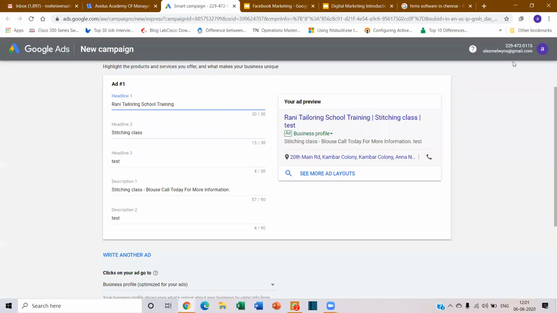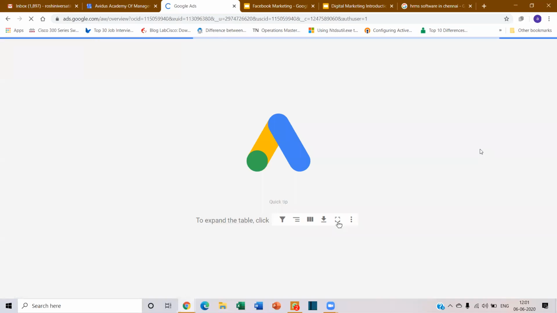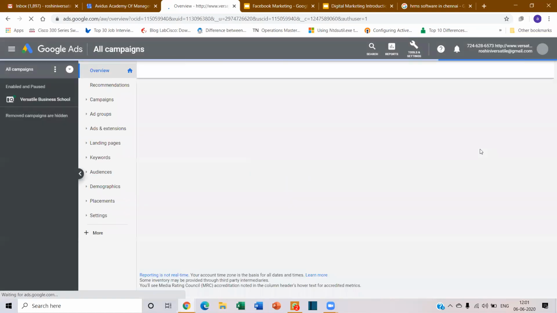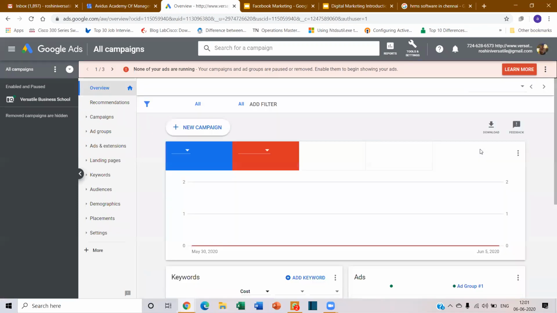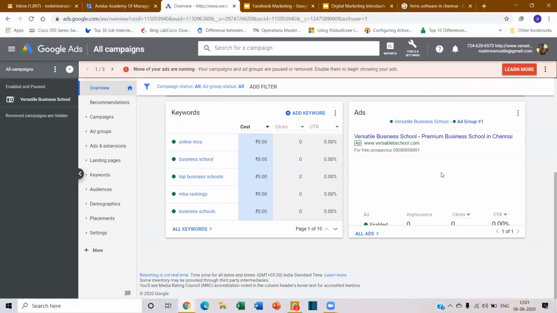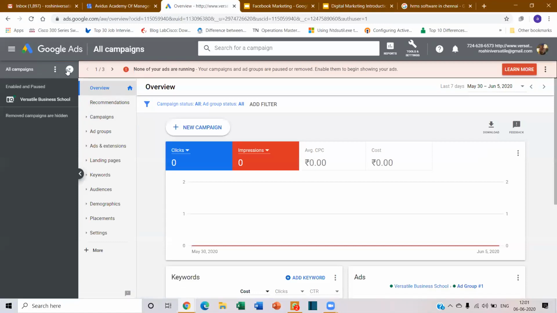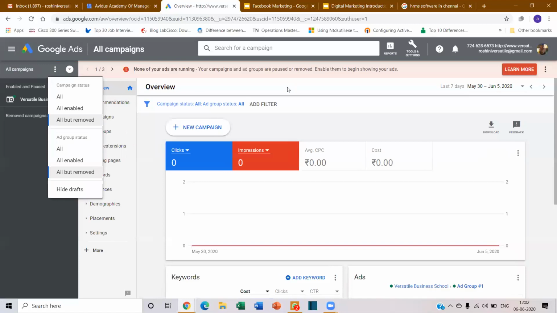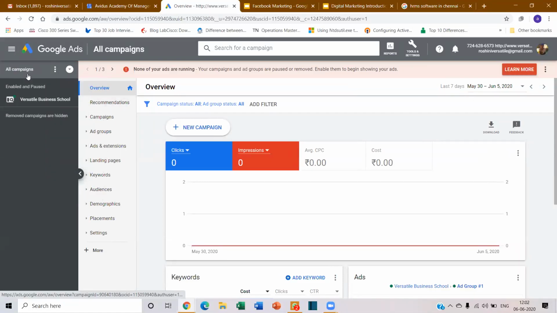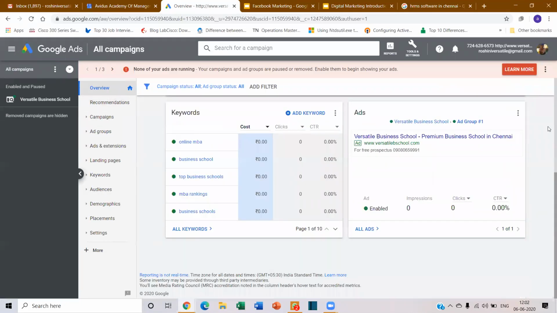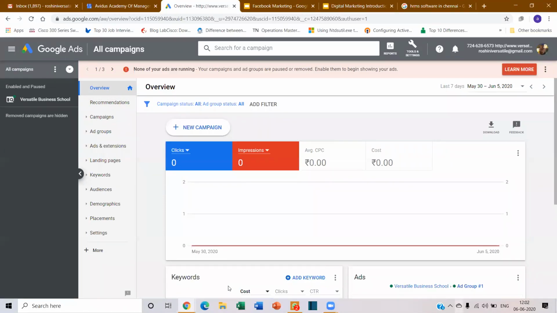So let me show you this basically. This is the dashboard on how this campaign really works. See here, this is how it looks.